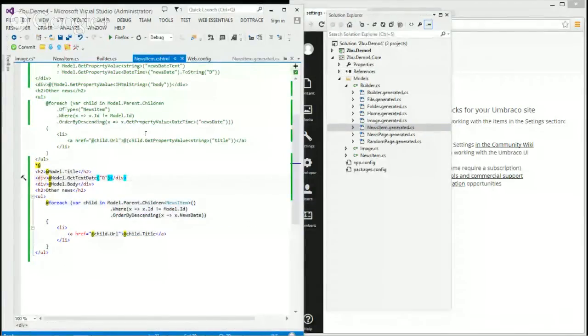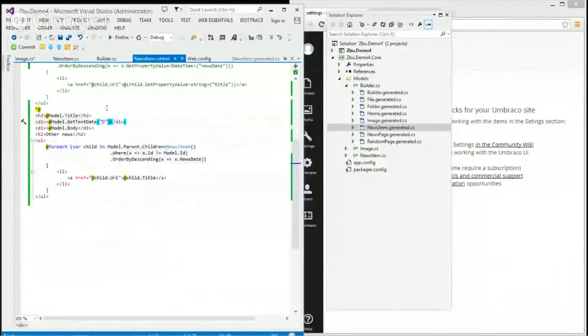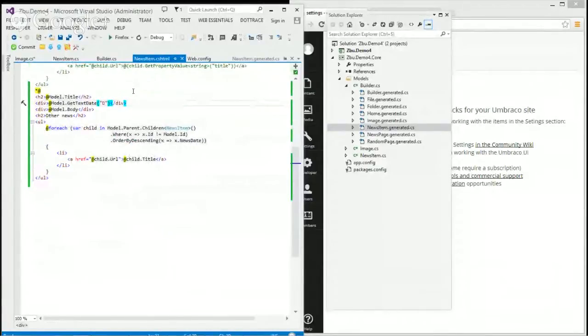I think the only thing that's really interesting to demo is just look at that view. It's much neater, compact, easier to read. Maybe the last thing to say is that what we're talking about is content models. It's a model for a content item in Umbraco, and it's not a view model. So it's completely different from what people try to do with view models in Umbraco when they're doing MVC.